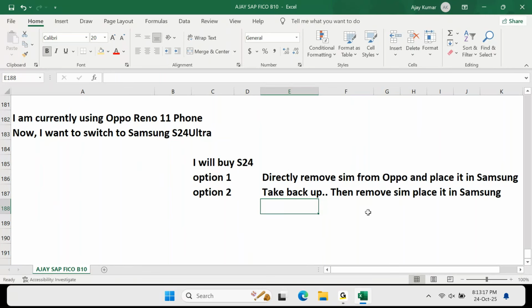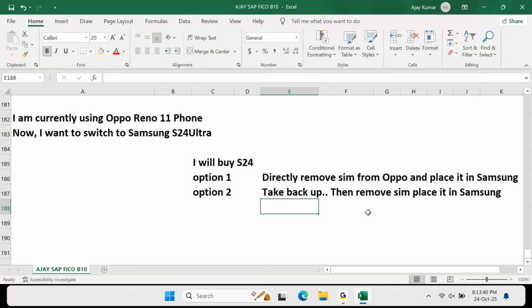Now, let's say there is a chat on your WhatsApp. There are a lot of images or contacts, all this kind of thing. Tomorrow, what will happen if you directly put your SIM card in? If you want to call somebody for any emergency, you cannot call, right? Because you don't know the number. I simply take out the SIM card and put it into this one. When I go to contacts, it is empty.